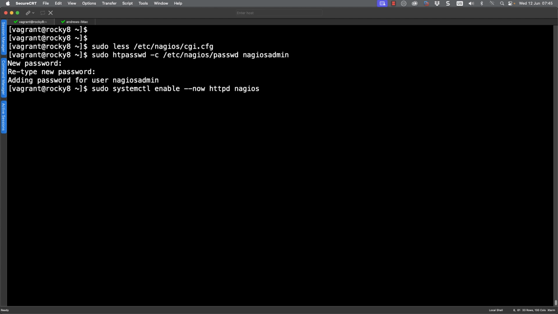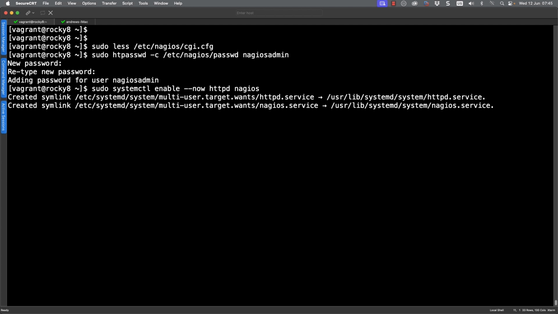And of course, we can do it for HTTPD and Nagios. Obviously, the advantage of using systemd is that we're able to specify the operation for 2 services in one go, as well as being able to run the enabling of the service and the starting of the service with the one command, systemctl. Remember those days when we used to have to use the chkconfig and the service command? So yeah, I'm a big fan of systemd.